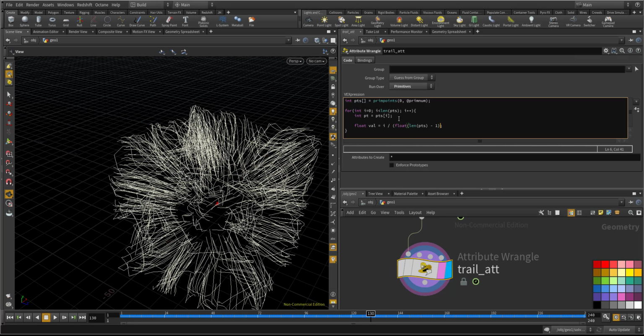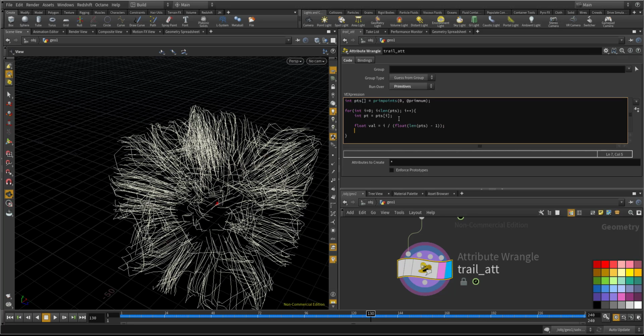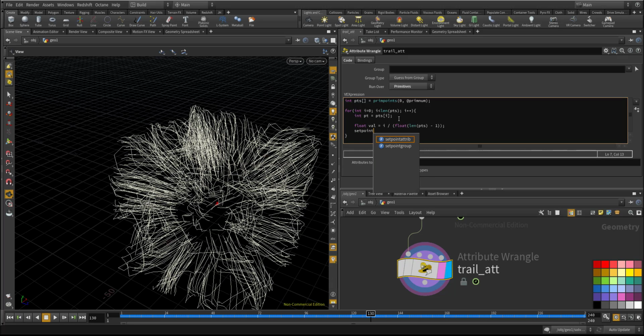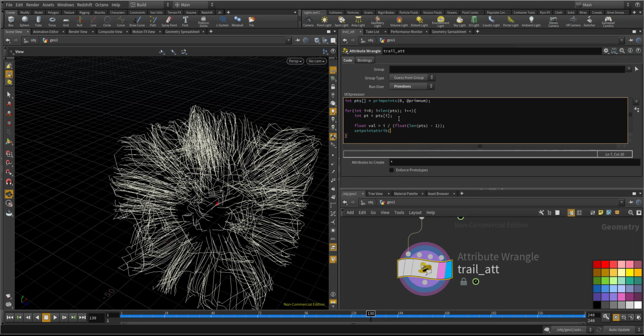Should give a value from 0 to 1 based on the i value. Okay, and set that value to point attribute, first color,